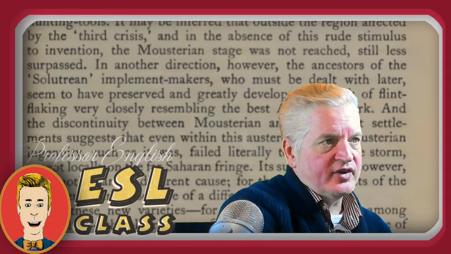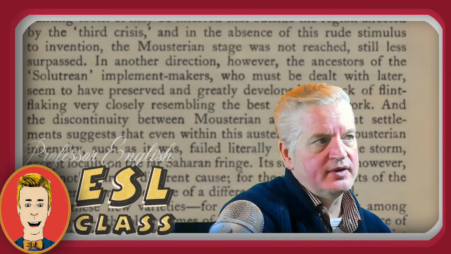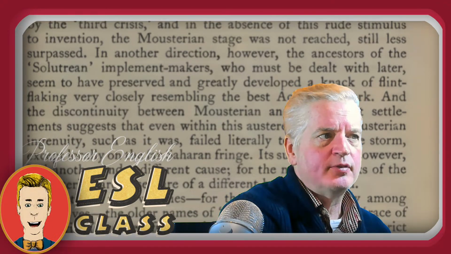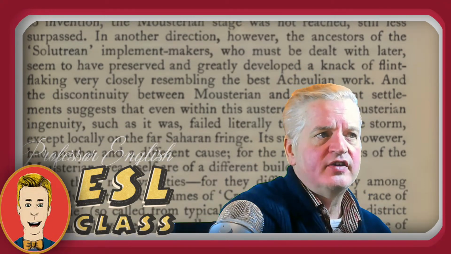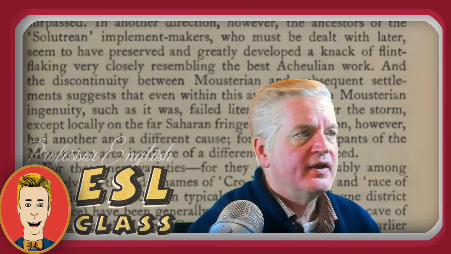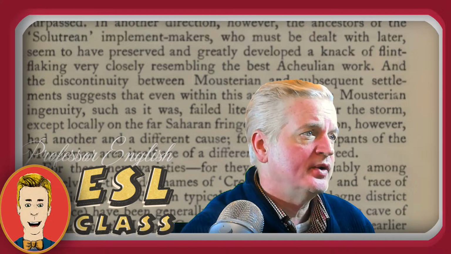In another direction, however, the ancestors of the Solutrean implement makers, who must be dealt with later, seem to have preserved and greatly developed a knack for flint flaking, very closely resembling the best Acheulean work. And the discontinuity